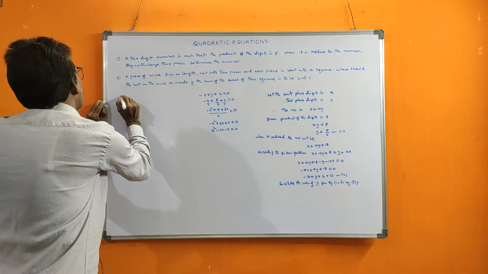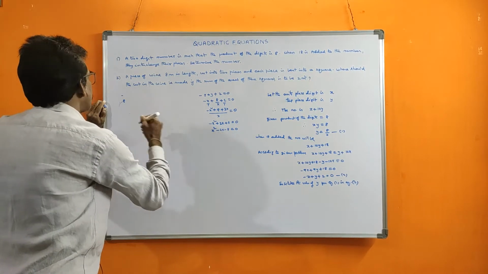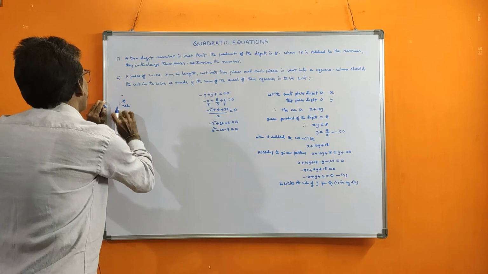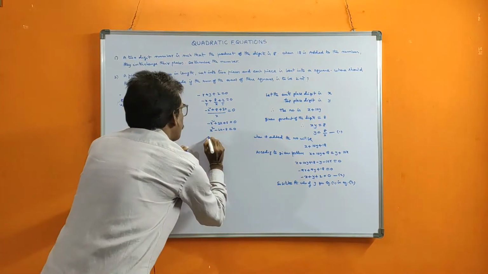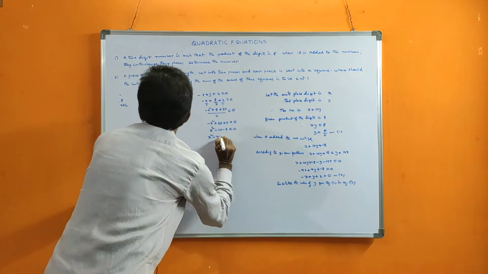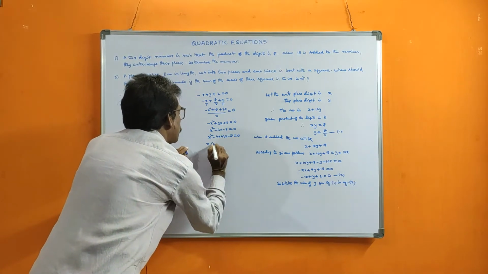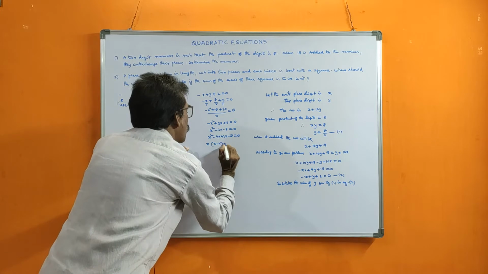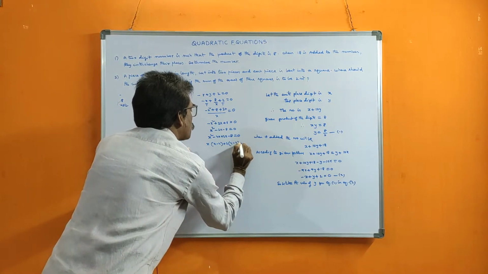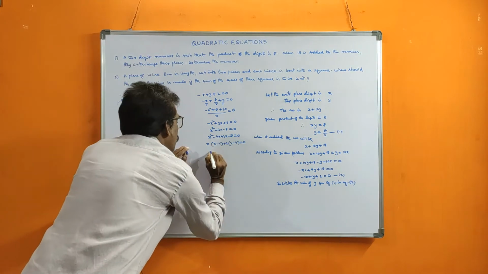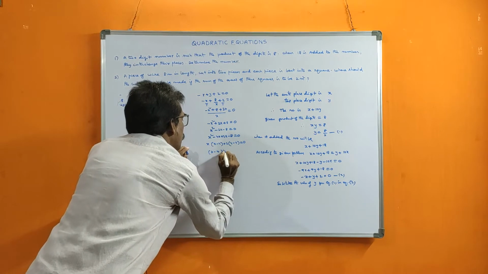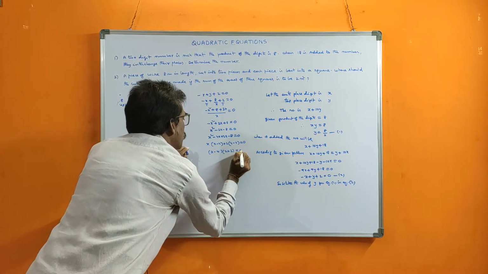So that's why by subtracting we should get this. The factors are 4 into 2. 4 minus 2 is 2 only. So x square minus 4x plus 2x minus 8 is equal to 0. x into x minus 4 plus 2 into x minus 4 is 0. Okay. Now x minus 4 into x plus 2 is 0.